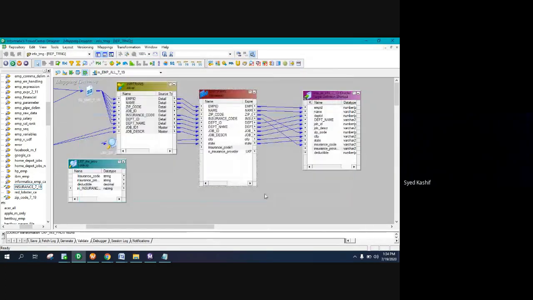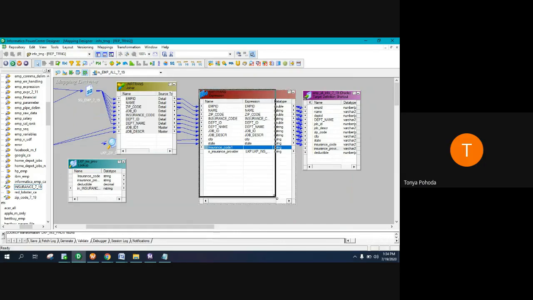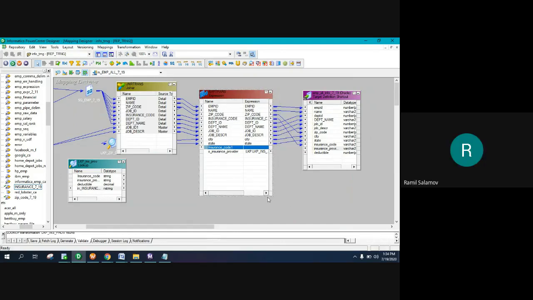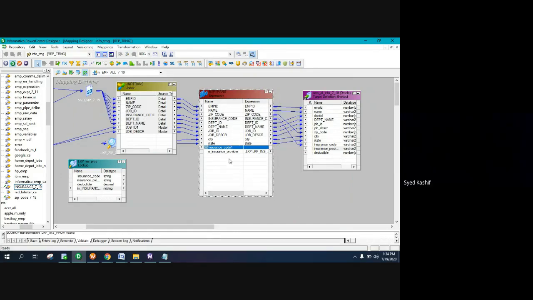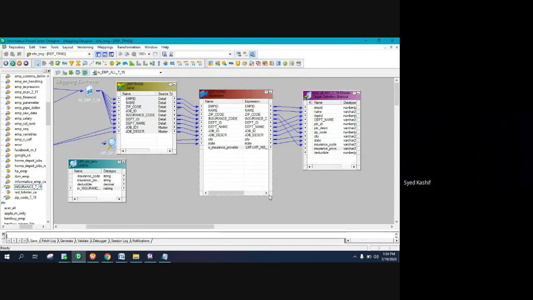I think you were making the same mistake, Punya. Get rid of that insurance code. You shouldn't be seeing that insurance code 1; it's going to give it automatically. Ramil, delete that insurance code 1. Say apply, say okay, Control S. Now return